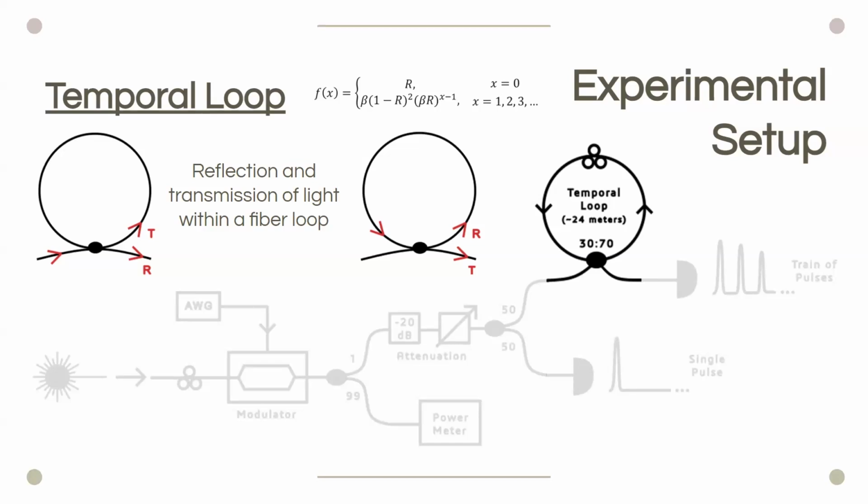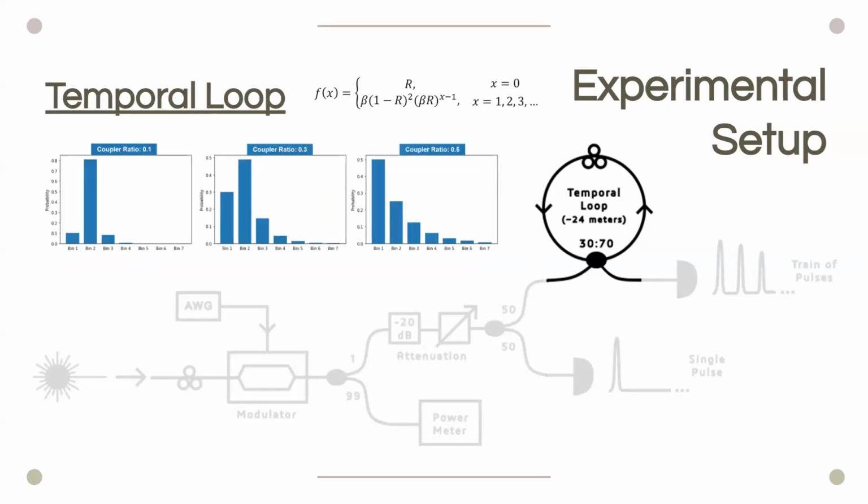We can determine the probability of a photon coming out at a particular time using this function above. This is what it looks like when we have different coupler ratios. We have 0.1, 0.3, and 0.5, and you see that they're all varying probability distributions. For us, we use a 0.3 or a 30/70 coupler, and then we also use 24 meters of